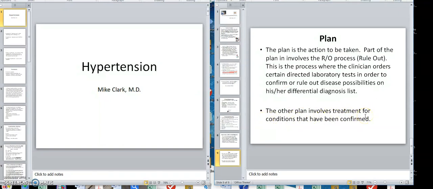All right, so that just gives you a quick idea of how a history and physical goes. So we'll go over here to hypertension real quick. Okay,